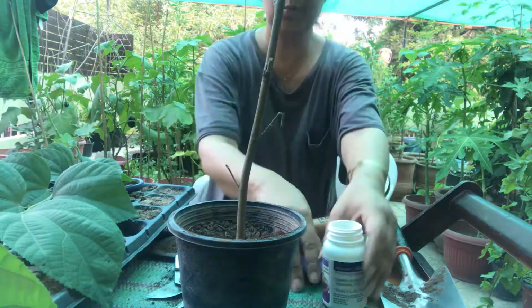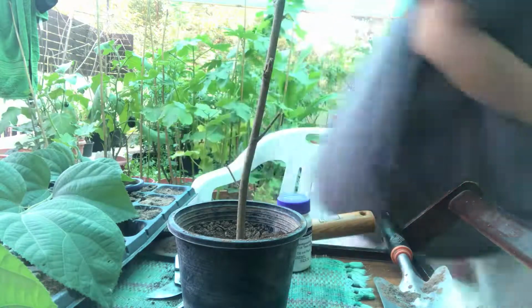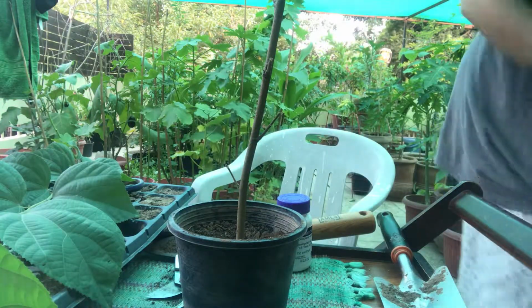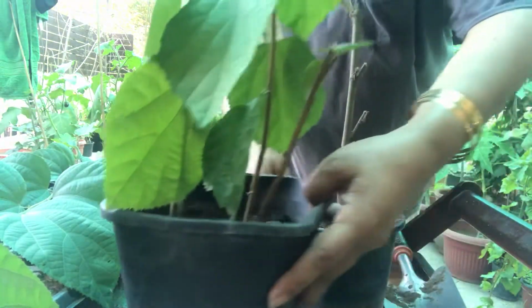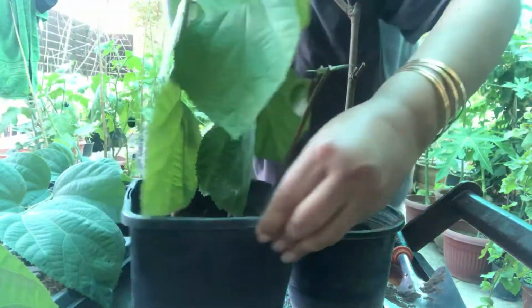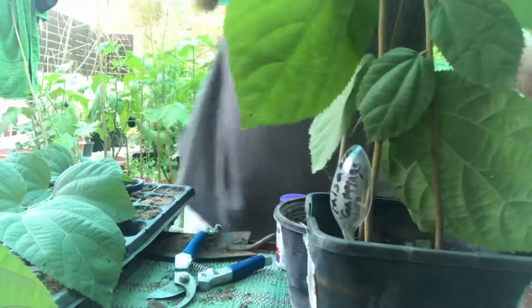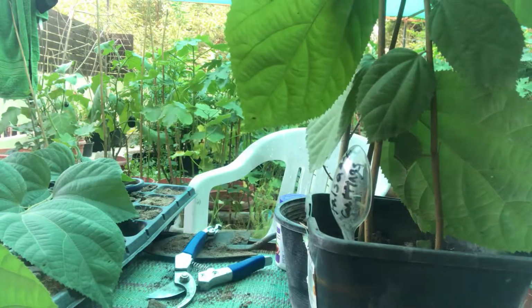Now let me show you the other ones which I have. These are the ones which I did yesterday, and you can see the thickness. They are fine with the thickness, so I just did it for an experiment. However, these are my